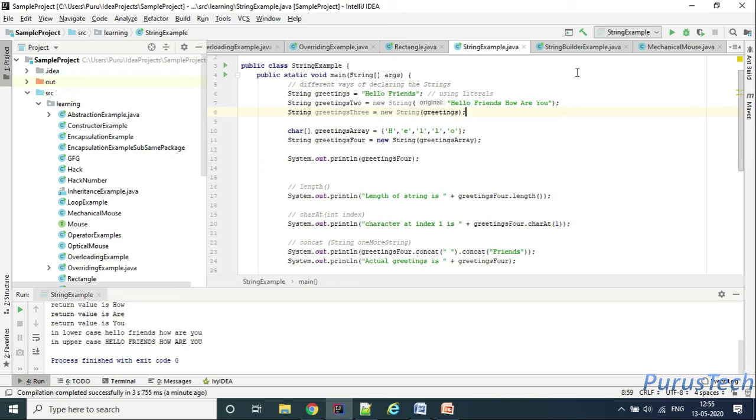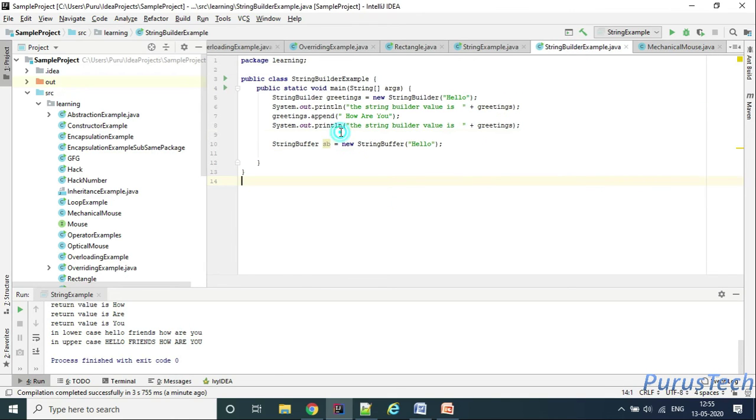Okay, now let's come to string builder. Okay, this is one of the class already I have written. So string builder, what is a string builder? String builder is same as your string, but it is mutable, right? Mutable in the sense we can change the content of the string builder once it is defined also. There are some methods which are provided by string builder, okay, which help you to modify the content of this particular string builder values.